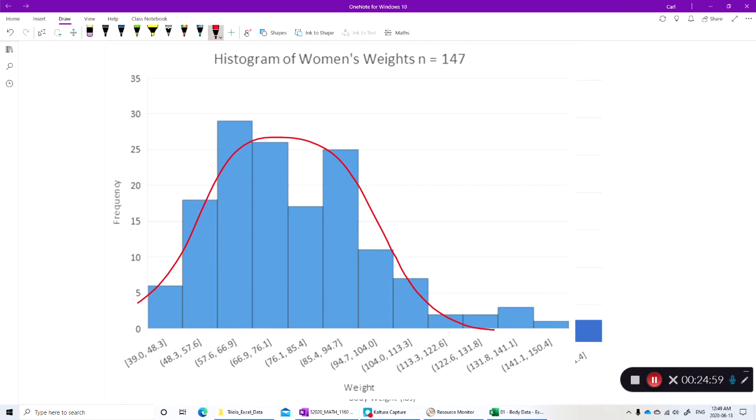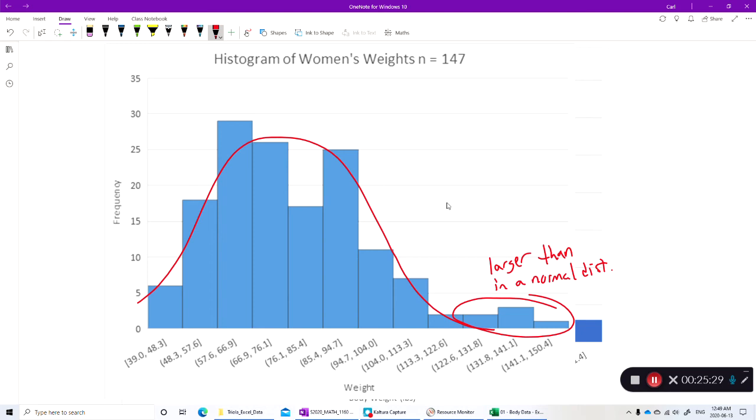So in other words, the women at the higher end of the weight spectrum are larger in weight than what you would get in a normal distribution. In other words, for that Z-score,